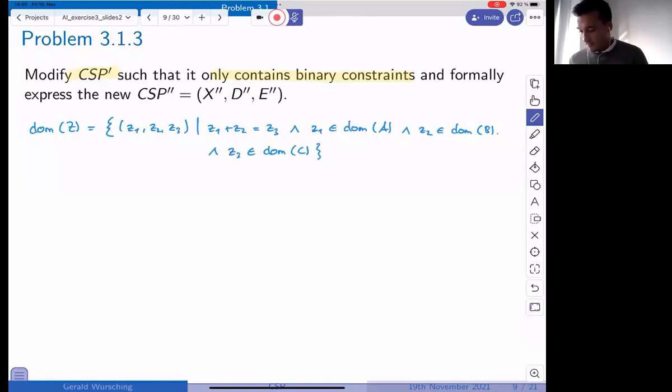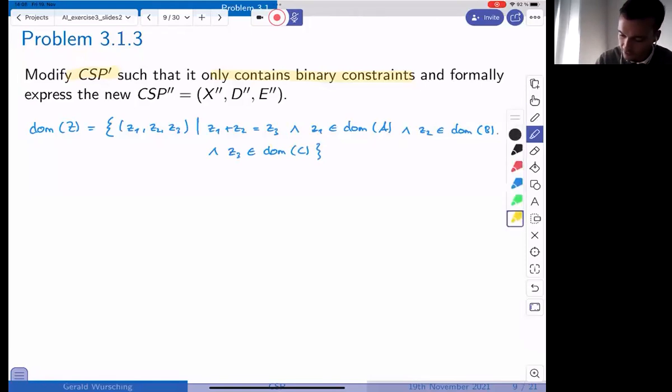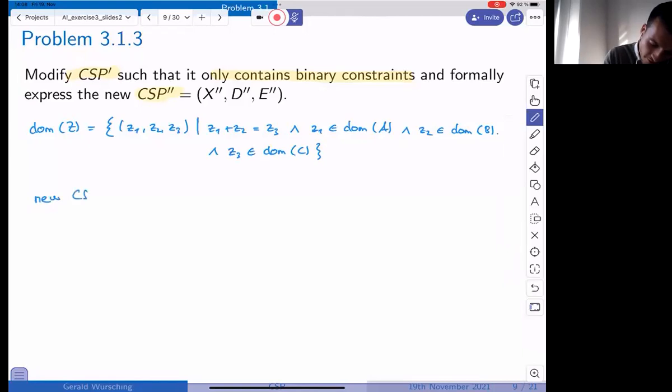And now with this new domain, we're going to define our new constraint satisfaction problem, CSP'. It's going to look like this. Again, we have our variables, which are the same as previously, but now we have 4 variables.